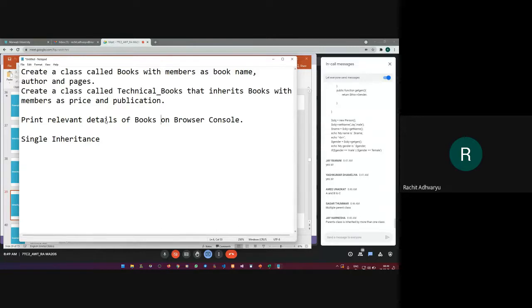And once you're done with this one, give me the answer. I'm just writing it. You first perform the first one, paste it, and then start performing the second one.